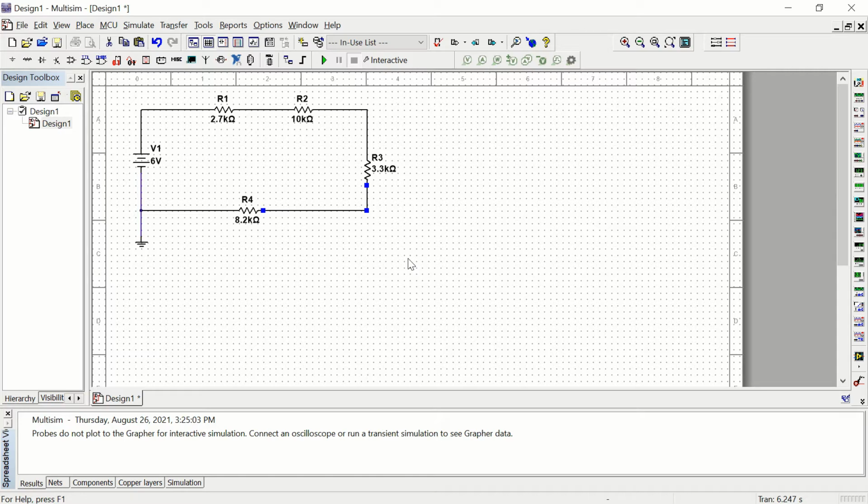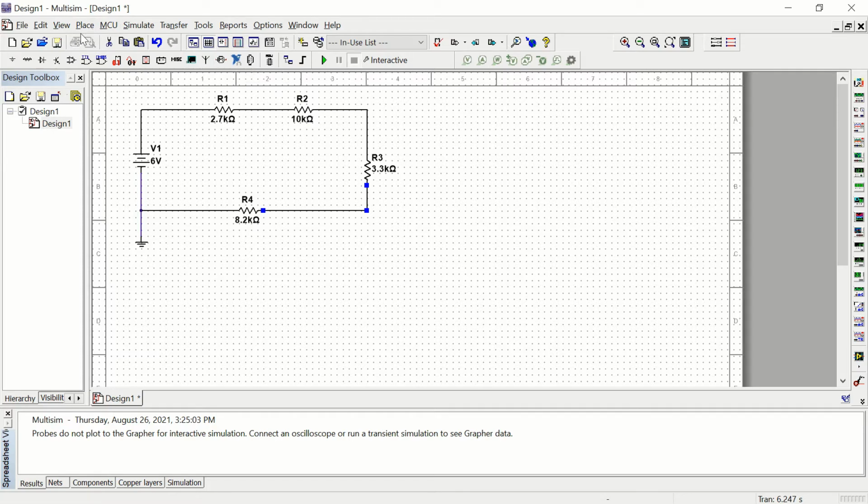All right, so for part 6, it says build the circuit from step 3 in Multisim. So hopefully you've been able to follow along with that. And then it says use the voltmeter in Multisim to measure the voltage drop over each resistor. Screenshot the voltage drop over one resistor and paste it into a Word document titled your name underscore DE underscore 115. So for the voltmeter,